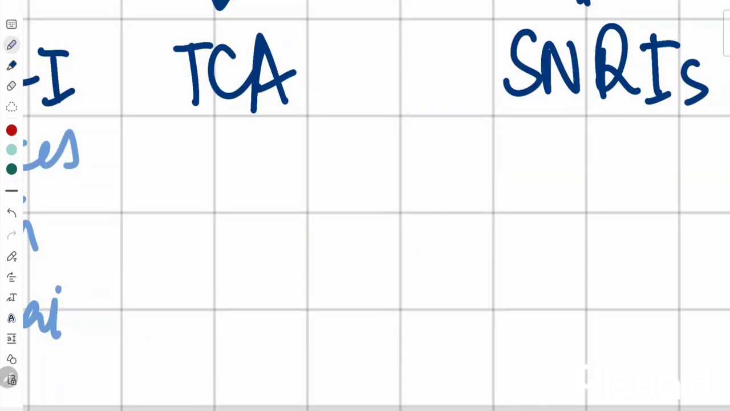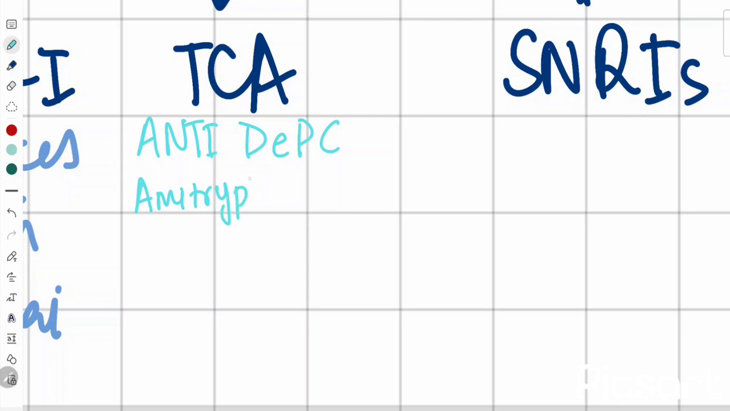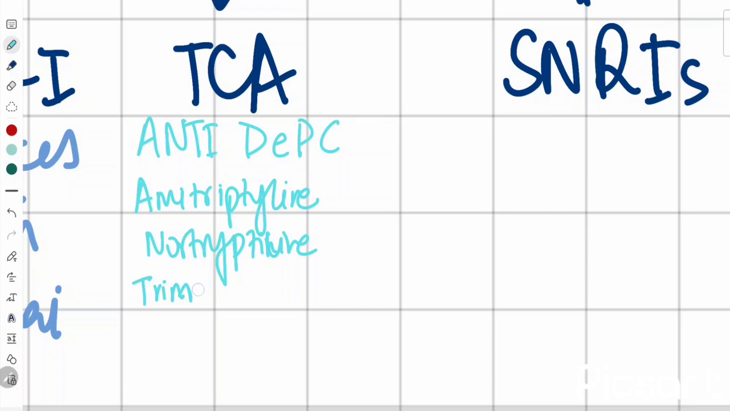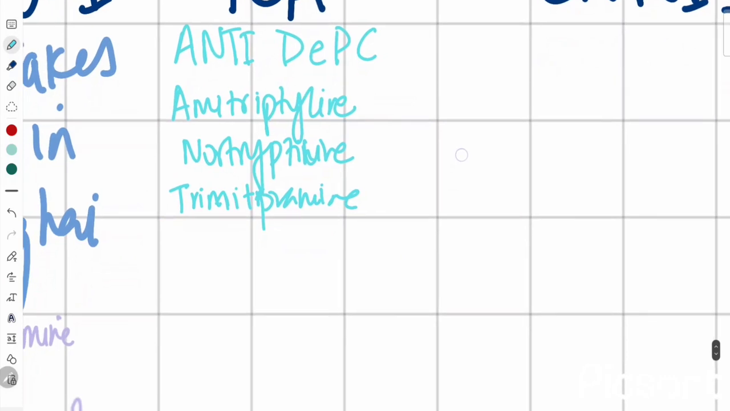Then we have tricyclic antidepressants. For tricyclic antidepressants, we have a mnemonic called anti-DEP-C. So A is for amitriptyline. N is for nortriptyline. T is for trimipramine. The pronunciations are otherworldly, but